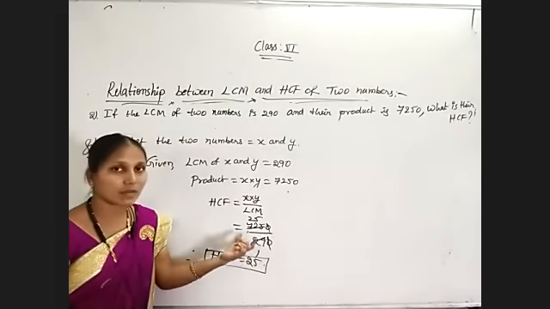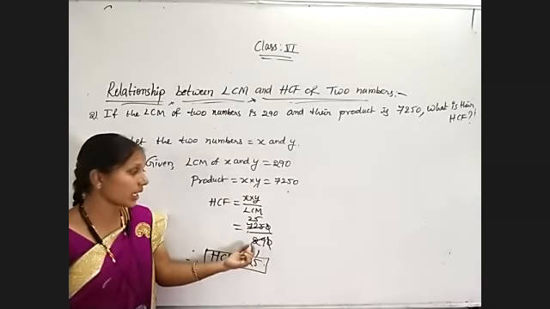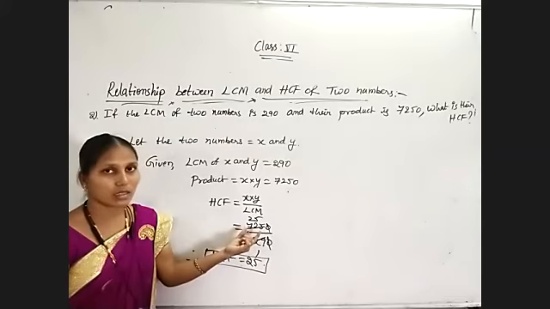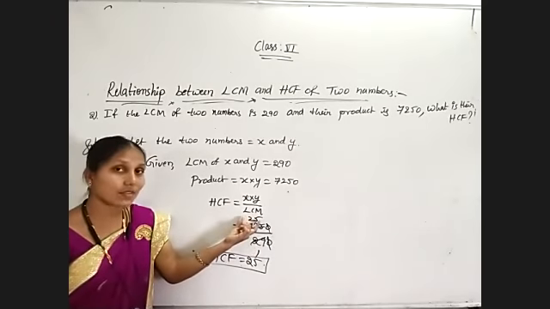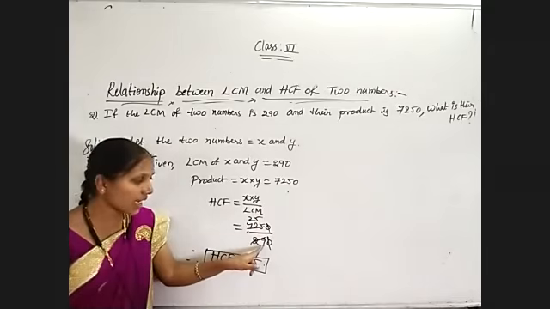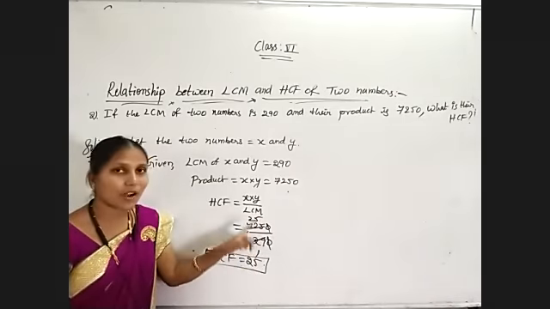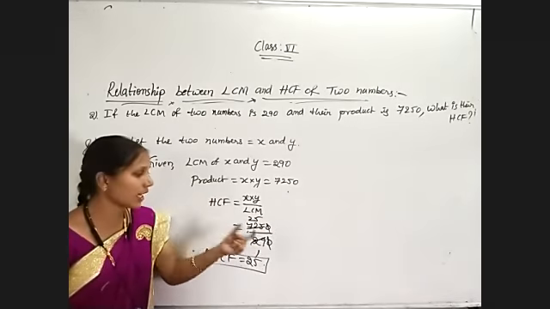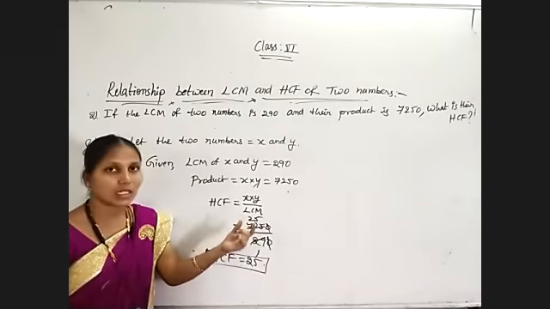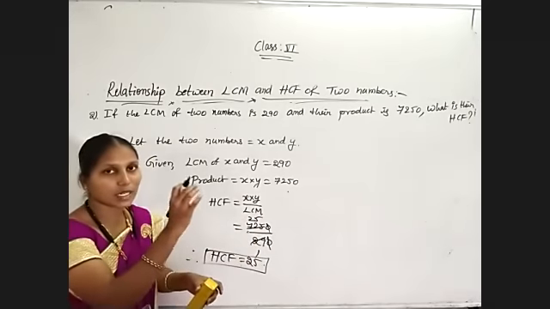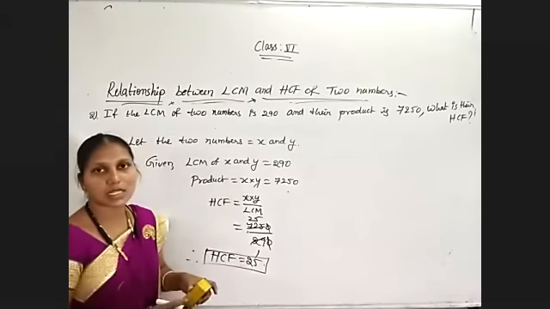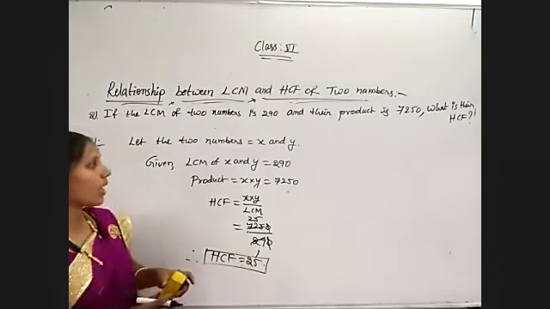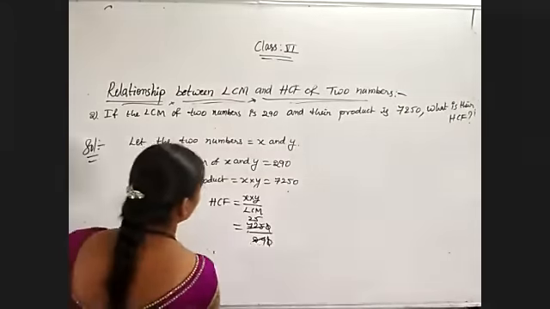So 29 tens are only 290. That's why I have checked for 15. But that is also not sufficient. We are not getting 725. So that's why I have checked with 25. Because 9 I had. 9 5s are 45. 5 I will get when I am multiplying 9 with a number whose unit digit is 5, then only I will get the unit digit 5. Okay. Now coming to the next problem.